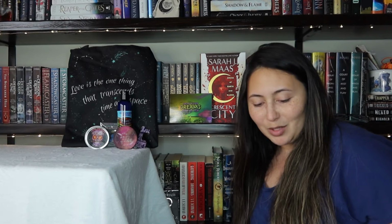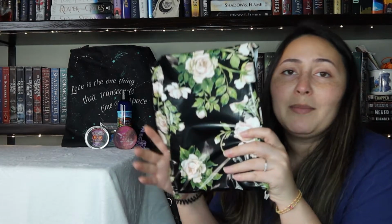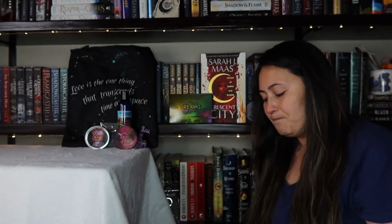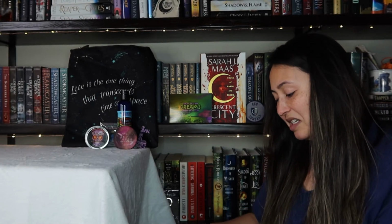Okay, and now to the moment that we have all been waiting for. The book is beautifully wrapped in this really gorgeous floral paper, and I'm obsessed with it, and I don't really want to throw it away. So we'll see. Maybe I'll just be a millennial and keep it until I need it someday. I actually already had this month's book spoiled for me because I received an ARC of this on NetGalley. I saw the description for the February box on Unplugged's website and Instagram posts. So I do already know